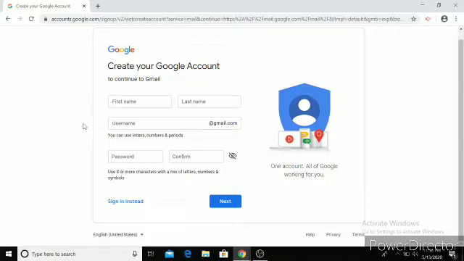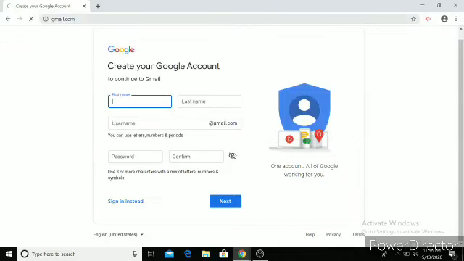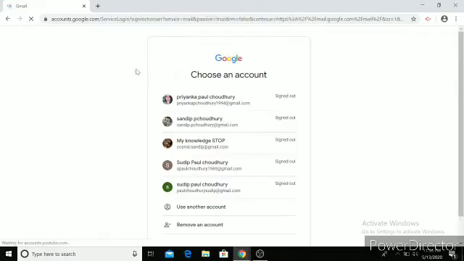Before we begin, you might already have a Gmail account because if you're using an Android phone, you might be using one Gmail account as well. Now that account is good enough to use, but if some of you have never used an Android phone and you're using it for the first time and you need a Gmail account, these are the steps which you can use. So basically when you start, you go to the Gmail website. You can directly type gmail.com. And if you are having a standard connection, the speed should not be a problem.